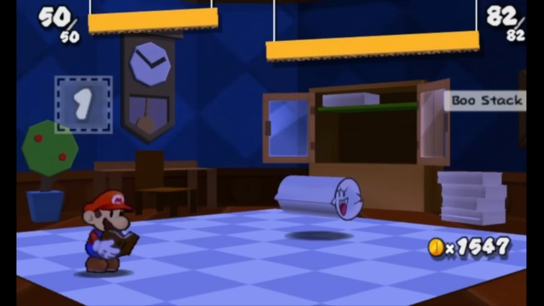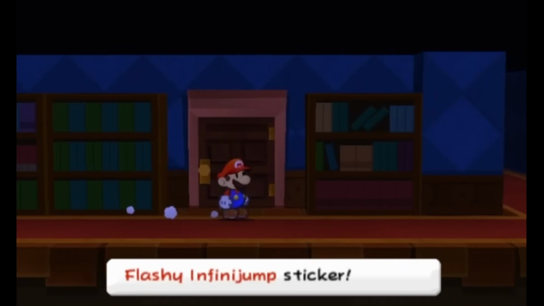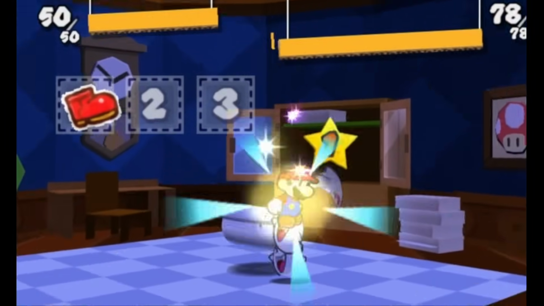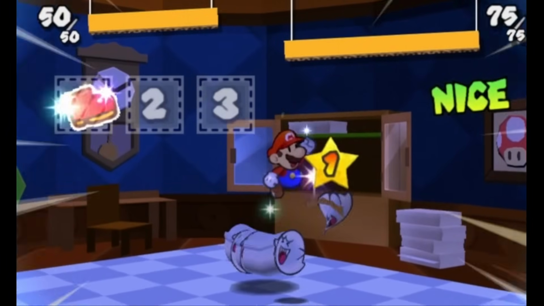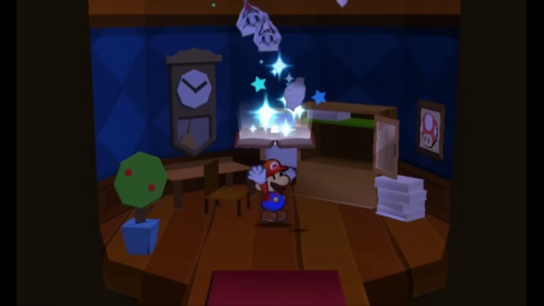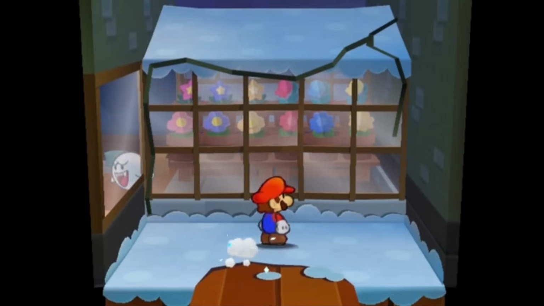I find a stack of boos and use an Infinijump sticker that I found earlier in this level to deal with them. This is a 1 damage jump attack that you can hit the action command for 100 times. And so, we hit it 100 times. Most boos are really easy to deal with, but this one